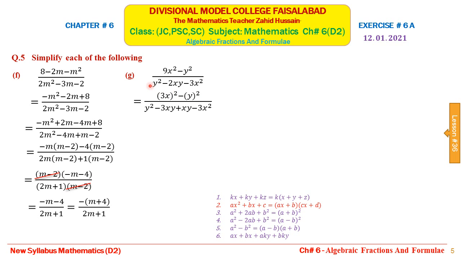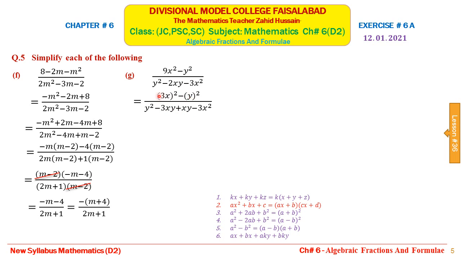And in the denominator again, this is an expression of second type. We will multiply the coefficient of y square with the coefficient of minus 3, so we will get minus 3. अब minus 3 के दो ऐसे फैक्टर जिनको मल्टीप्लाई करें तो minus 3 और प्लस करें तो minus 2 आए, वो हैं minus 3 और plus 1. So we have broken the middle term and we have written minus 3xy plus xy.